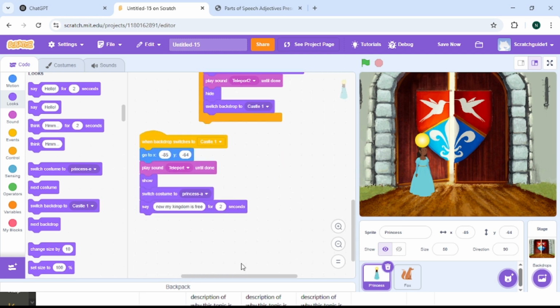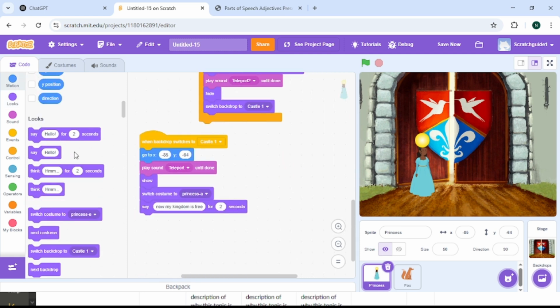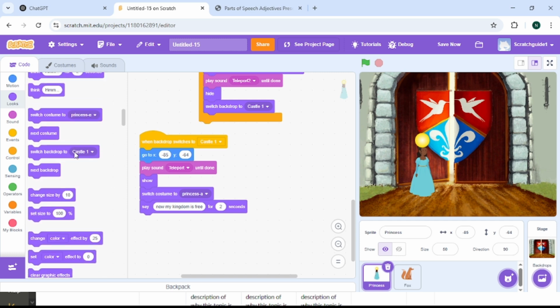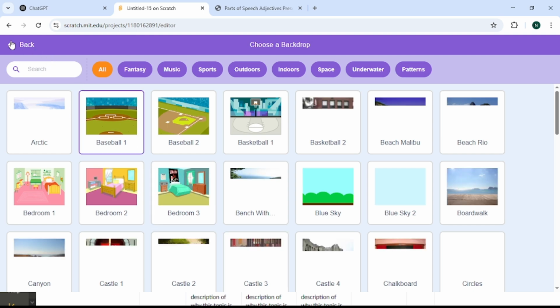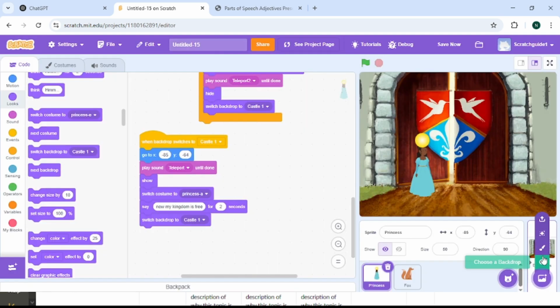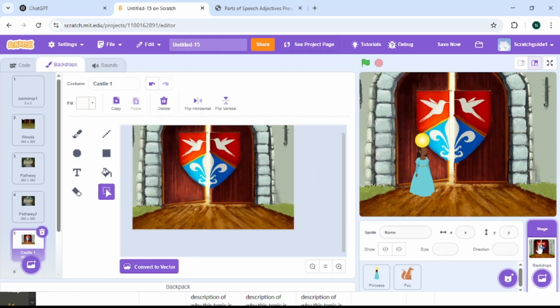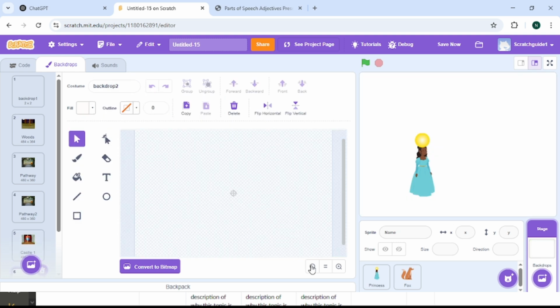And then she will switch backdrop. The backdrop will switch to, let's draw the backdrop I said will be drawing. Click on backdrops, not click, hover and select paint. Then we're going to